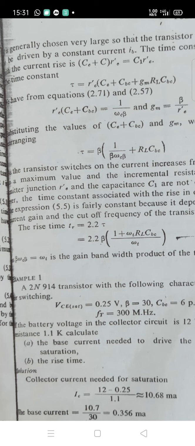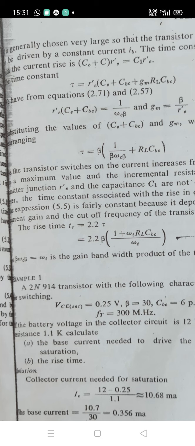Storage time is defined as the time interval between the switching off and the normal transistor action occurring. It is determined by the extent to which the transistor is driven into saturation. Even after the transistor comes into active state, the output current does not fall to zero value, as the charge on the base emitter capacitor provides current through R dash E. The output current falls exponentially with the same time constant as in the case of turn on. The fall time is the time taken by the collector current to fall from 90% to 10% of its maximum value. So this is the output, and the output pulses will be shown here.